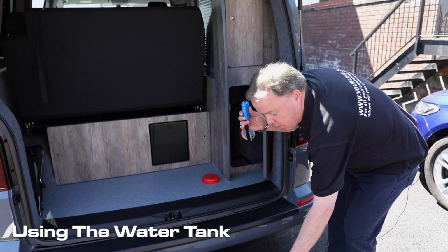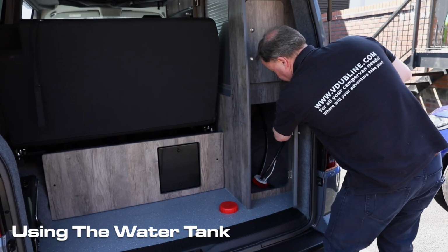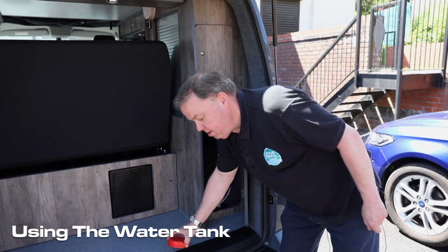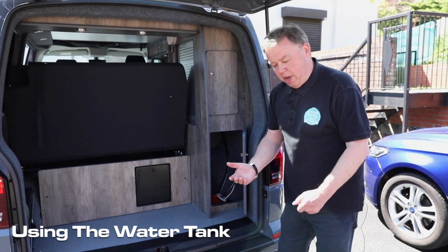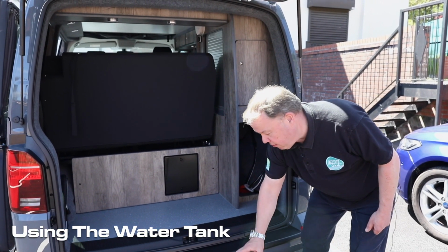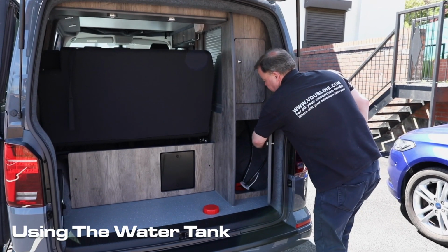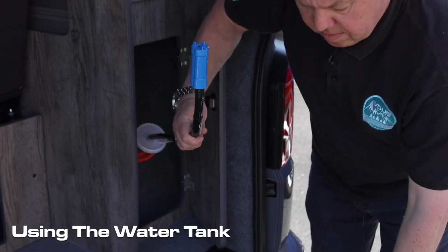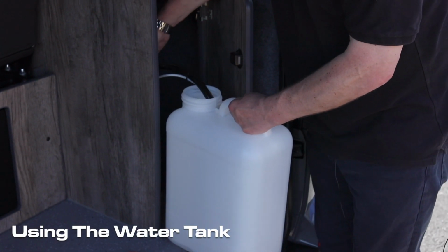Turn it upside down while you put the jerry can down, and then this you can hook up just there and hang it while you take the jerry can away and fill it up at the tap. When you bring it back, simply take that cap off, put your jerry can there, take the line off the hook that's hanging it, pull it out, and again ensuring that you're outside the van, pop that back in, and